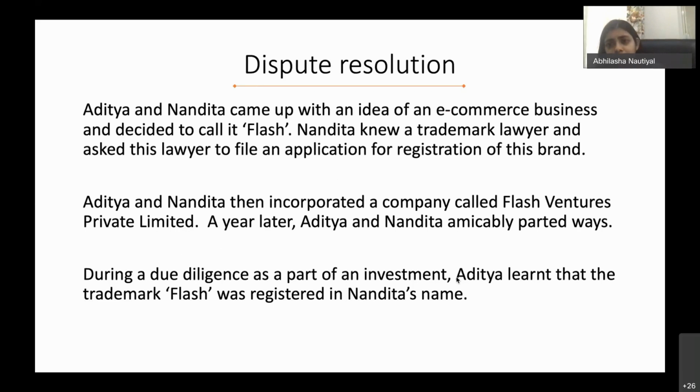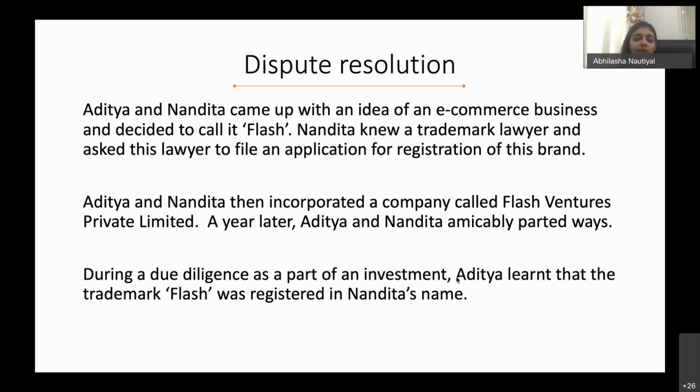So there are two people who come up with a brand. Here I've just named them Aditya and Nandita. They have come up with a brand of an e-commerce business, right? And they've called it Flash. That's what we think is going to be the brand, the trademark. And Nandita knows this trademark lawyer from her past. So she goes to the lawyer and says, why don't you file a trademark application for registration of this